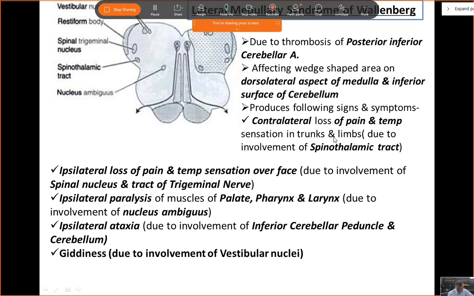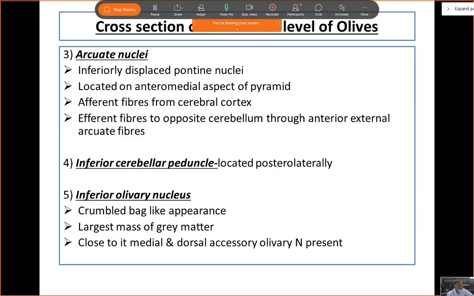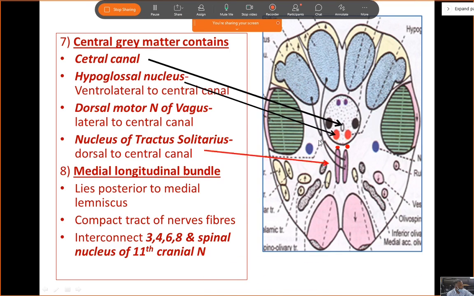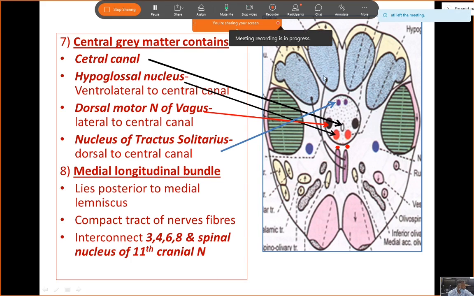In physiology it is taught most probably. So these fibers, the fasciculus gracilis, will be affected. What happens in the lower part of the medulla? Fibers run from the medial to lateral aspect. It comes as the internal arcuate decussation, already I have said here. This is our decussation, of fibers from the fasciculus gracilis and cuneatus. These fibers from the left side cross to the opposite side.